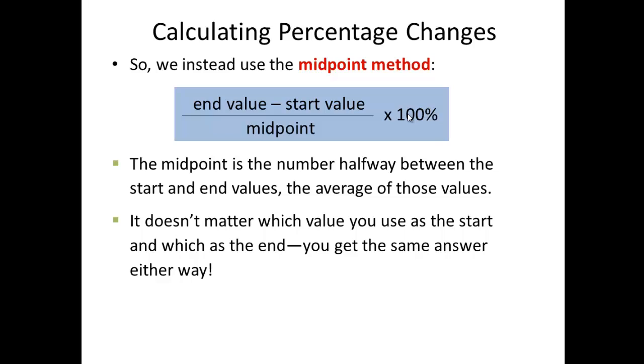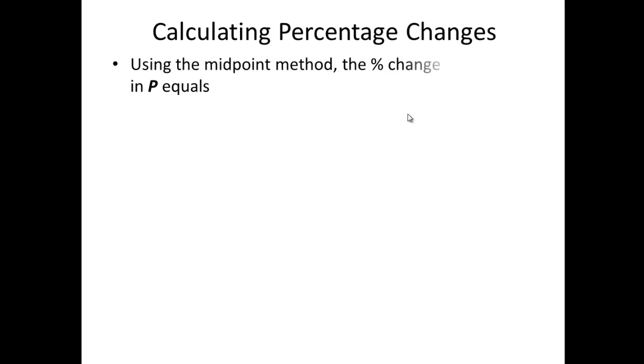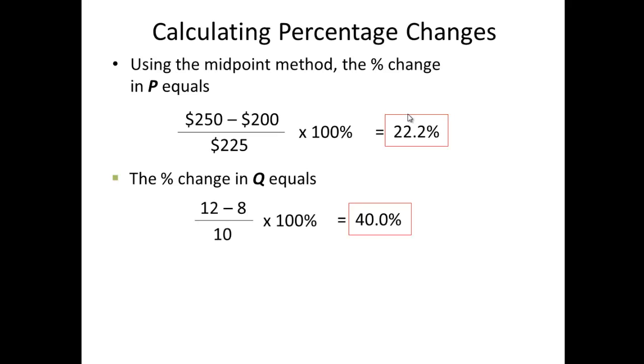As you saw in the previous calculation, if you started at 250 and went down, you got one price elasticity of demand, which was 2.5. If you went the other direction, you got a different price elasticity of demand, which was 1.33. Whereas when you calculate using the midpoint method, it doesn't matter which way you start, it's going to be the same. And in our example that we will use here,